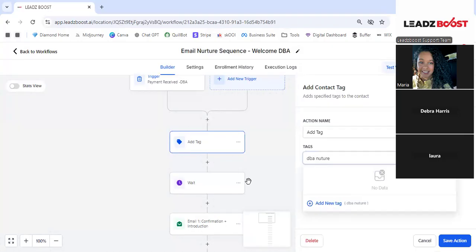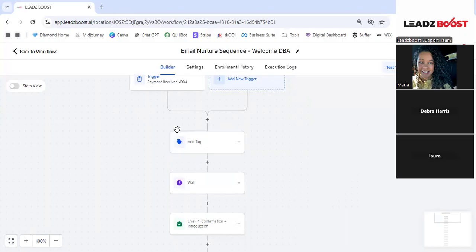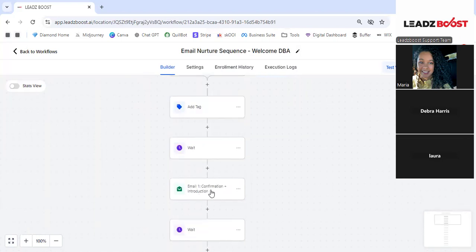And you don't have to add so many tags. You don't have to do that. It's just a way to bunch people together and know how people are bunched together. And so I'm gonna say wait a day, because I just sent you an email about your confirmation. I'm gonna wait a day and I'm gonna be in your email box